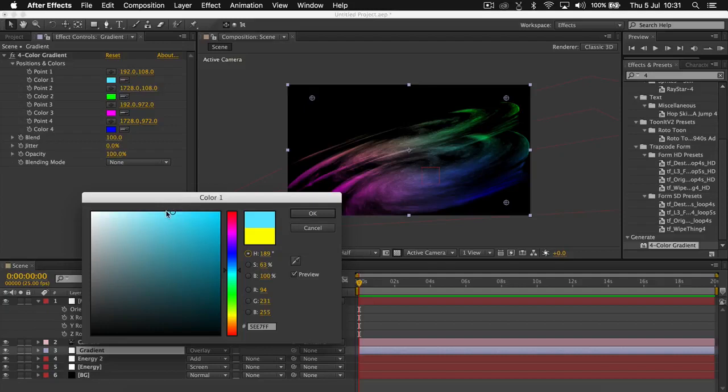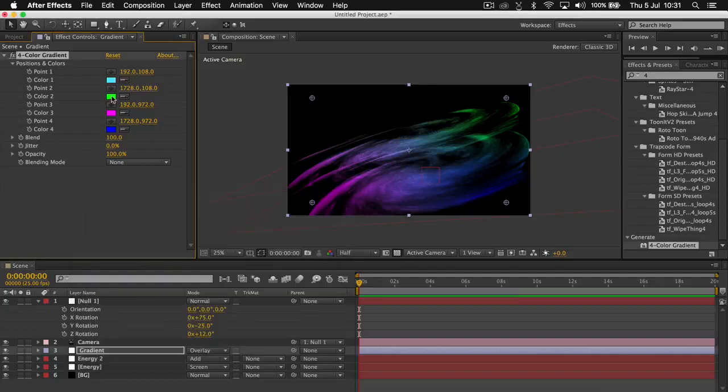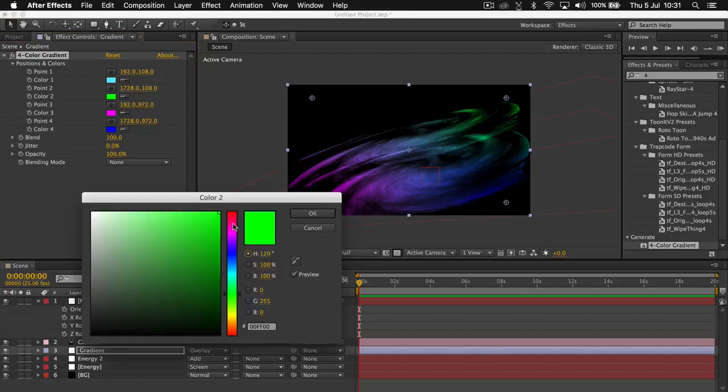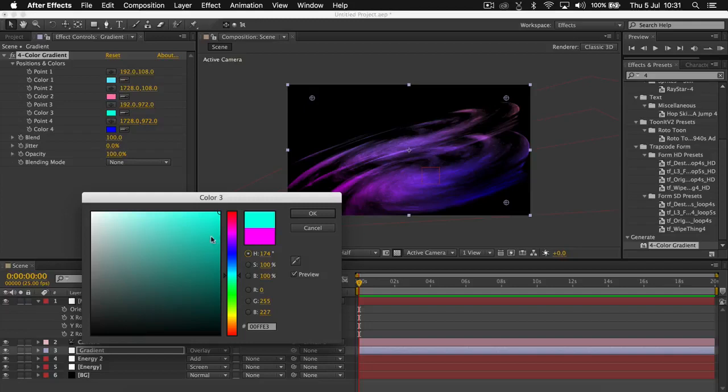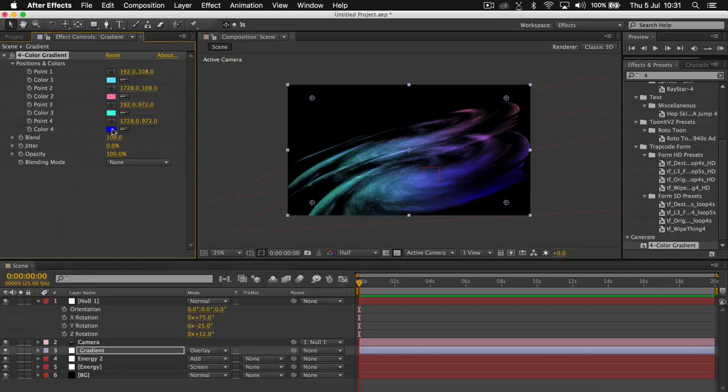If you want to copy the colours I used in the example video, start with a light blue teal kind of colour at the top, and the second one is a reddish pink. Make sure you always stick to really light colours, just so it looks as realistic as possible. And the third one is a really light greeny teal again, and the bottom one